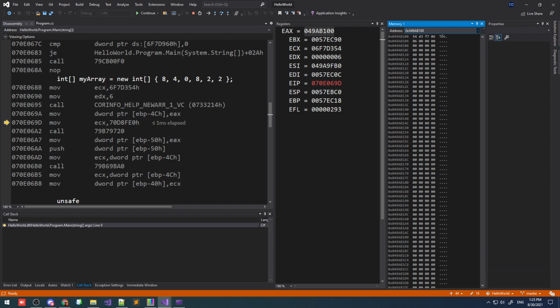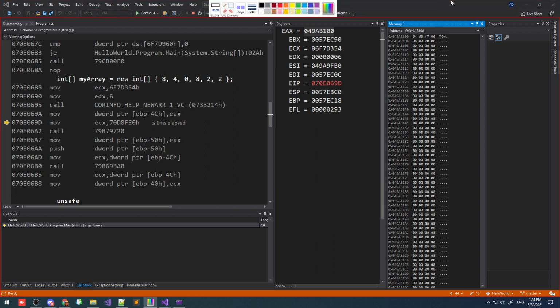From here on, downwards, it's where my array lives inside RAM. We don't see the values yet because this instruction, assigning them, hasn't run yet. But we can already see that the length of the array is 6 because we declared it with 6 elements, and this first location is called a type pointer, which tells the compiler the type of values that this array stores, in our case ints.